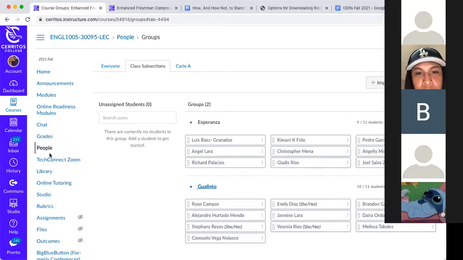So do we meet next week? Yes, we will start doing in-person meetings, face-to-face. Esperanza will be the first group that will come in, okay? Group Gualinto, I will not see you in person next week. I won't see you in person until week 3.